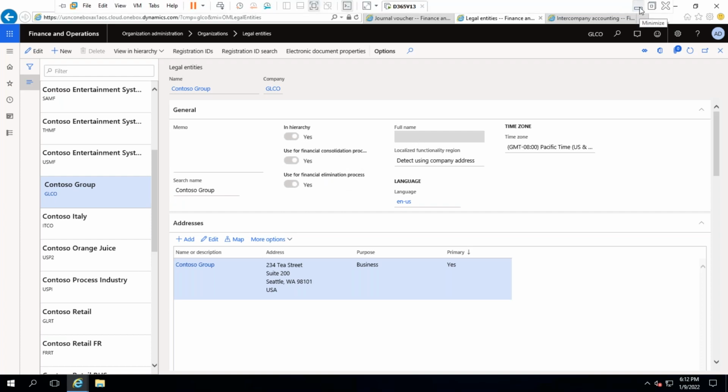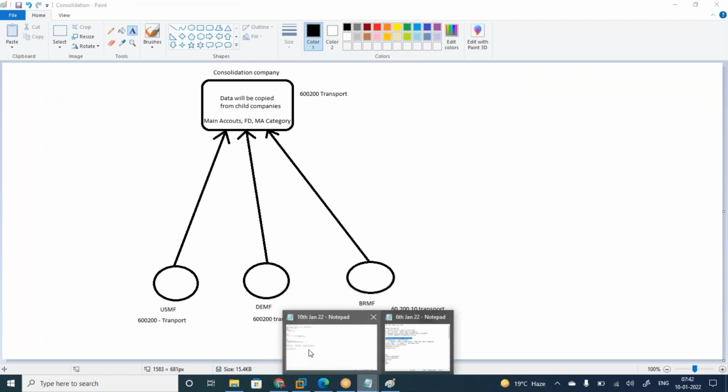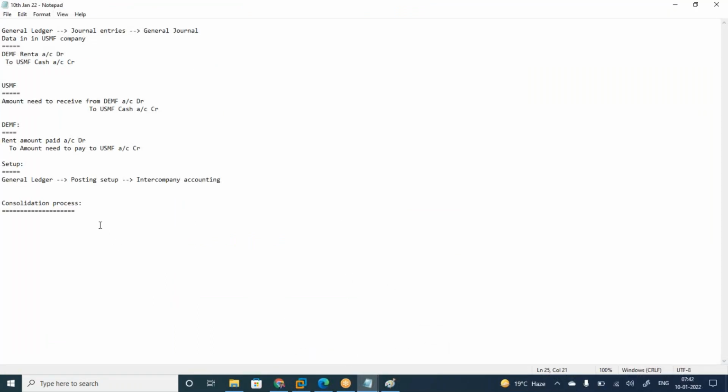If you enable this checkbox in the consolidation company, you cannot post any single transaction. Any manual entry of transaction will not be allowed.